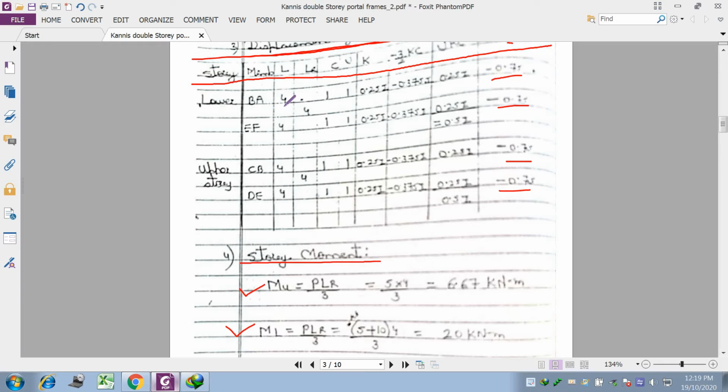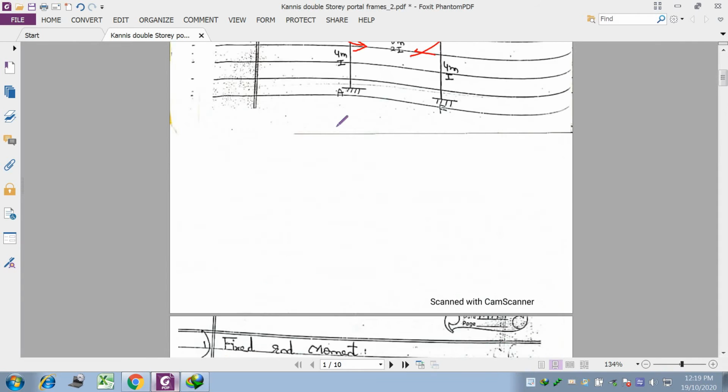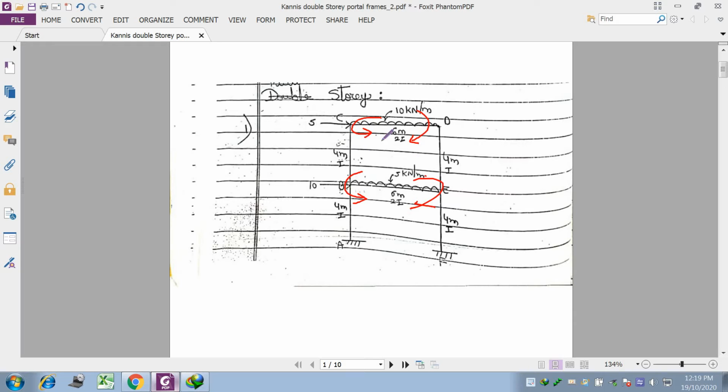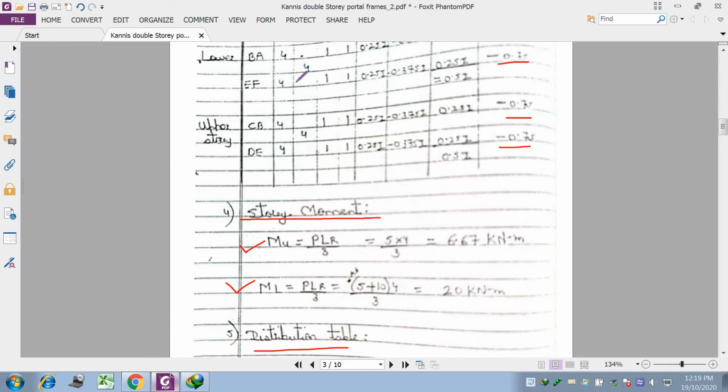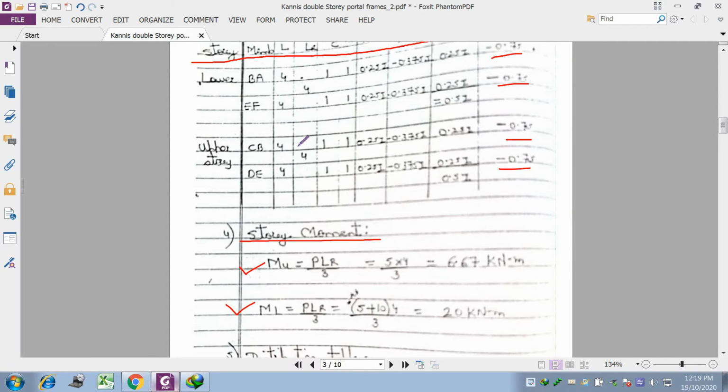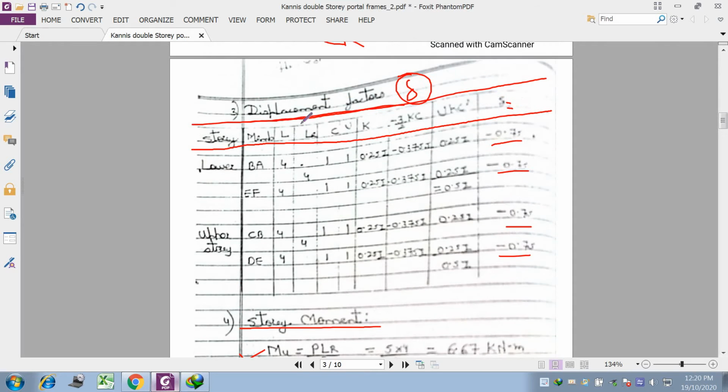Then calculation of the length L. So L will be equal to the column length. If you see, all the connected members have the same length L, 4 meter, so therefore it will be 4. Here one thing you must remember: we do not require to multiply the 1.5 factor in this case, because in this numerical there is no hinge support. So as there is no hinge support, we do not require to multiply the 1.5 factor in the standard length.